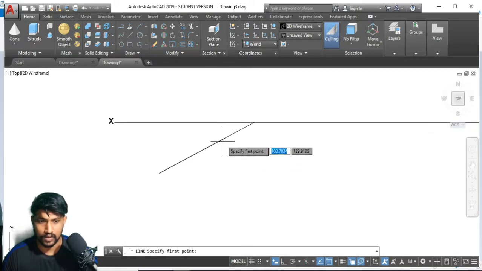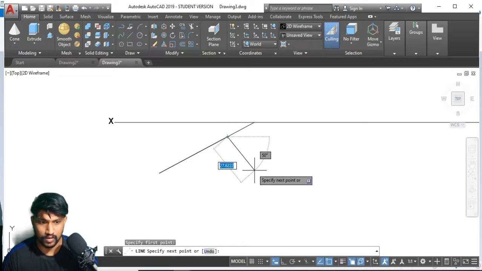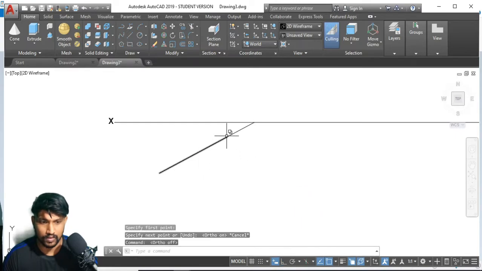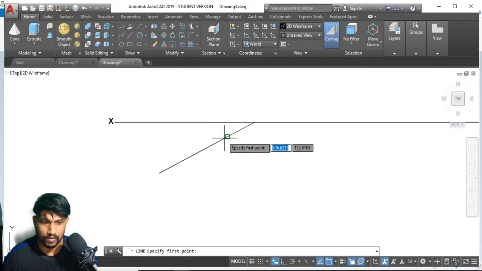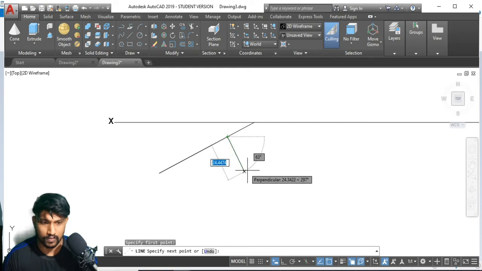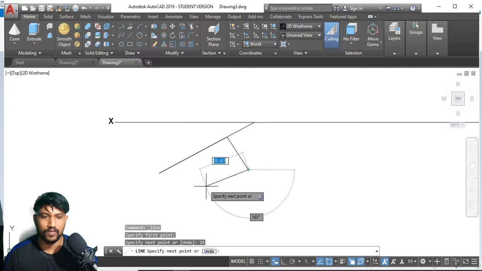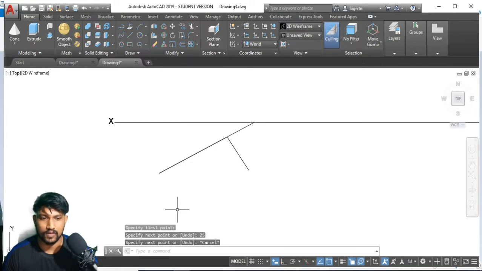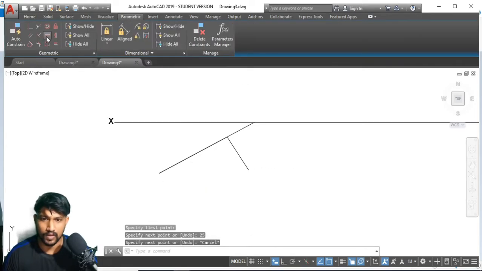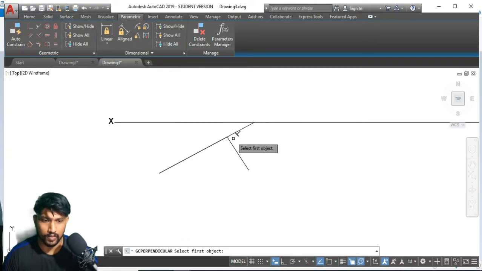So I'm going to have to draw a line. Do not turn the auto mode on. 25, and let's go to parametric. Make these two perpendicular.